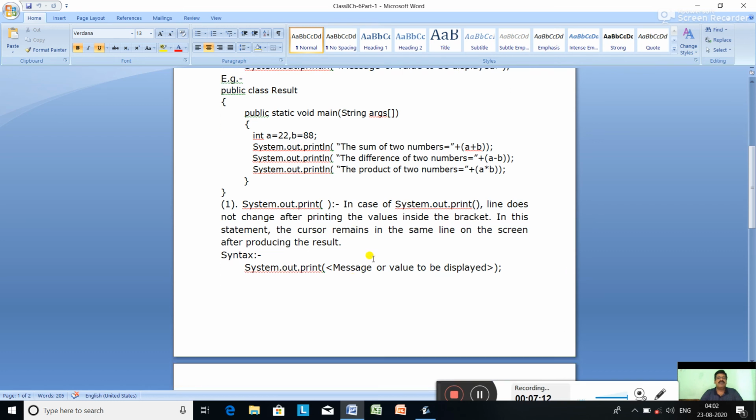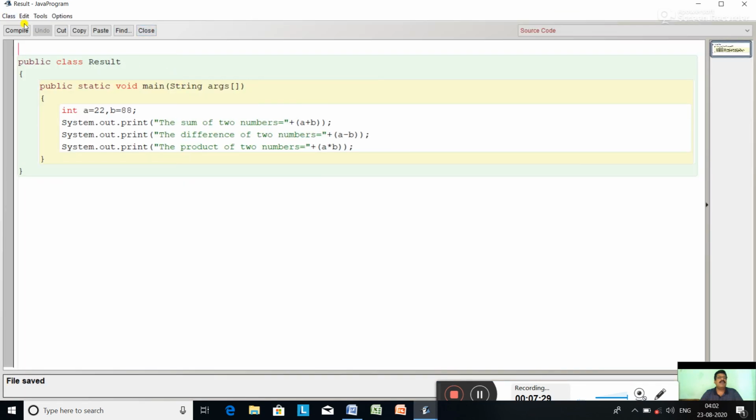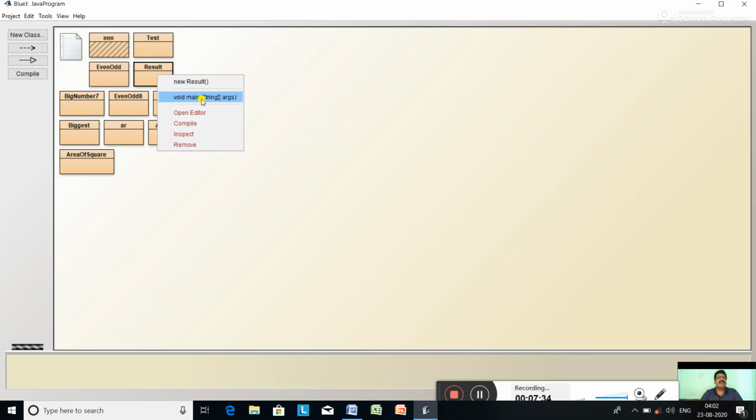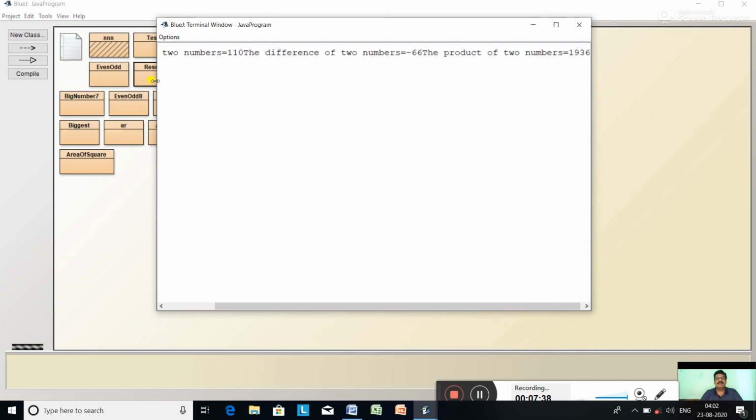And in the case of System.out.print, the line does not change after printing the values inside the bracket. In this statement, the cursor remains in the same line on the screen after producing the result. And in Java, we have seen how it works. See the same program, compile the program, close the program, right click, click on the void main, click on the OK, and see the output has come.